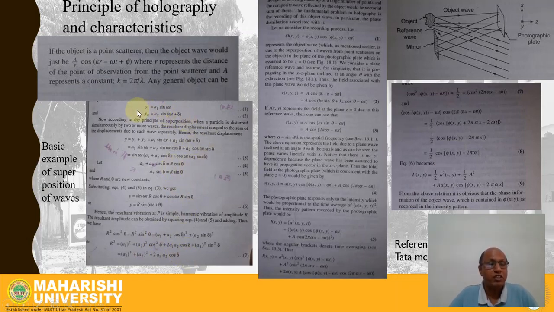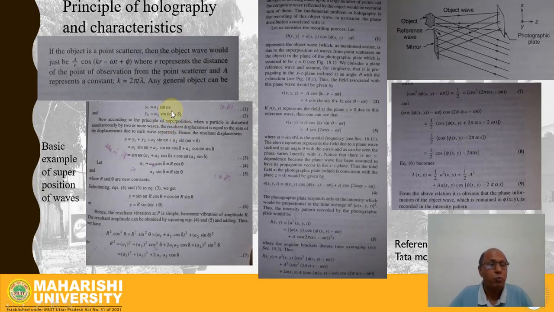So let us assume that one wave is y1 equal to a1 sin omega t, the other wave is y2 equal to a2 sin (omega t plus delta), where a1 and a2 represent the amplitudes of the individual beams, whereas omega is the frequency of the light wave, both are coherent, and delta is the phase